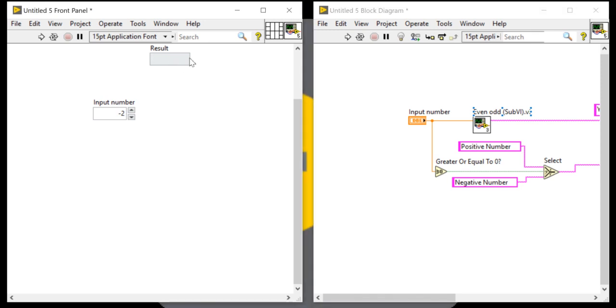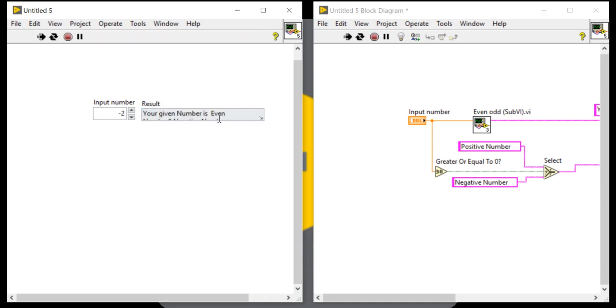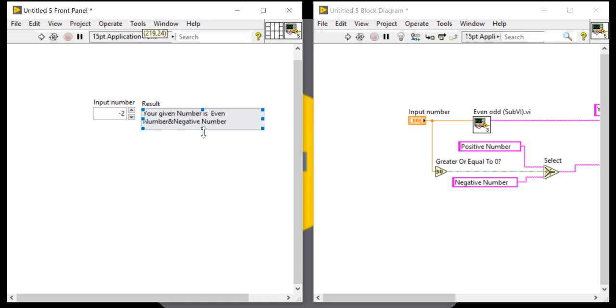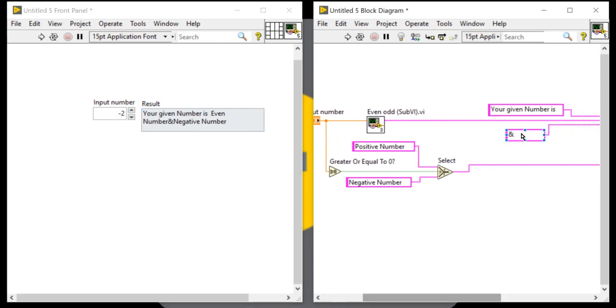Okay, run. Look at here. After the "and", one space, and okay, run.